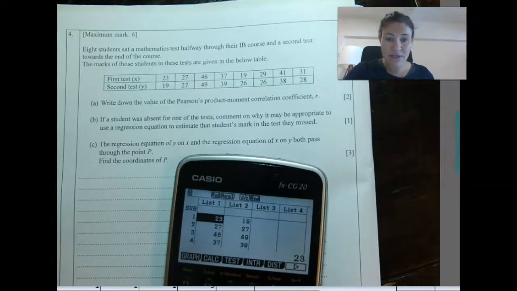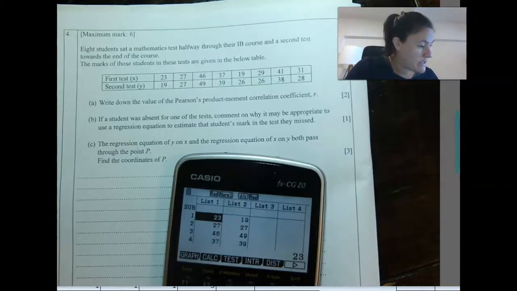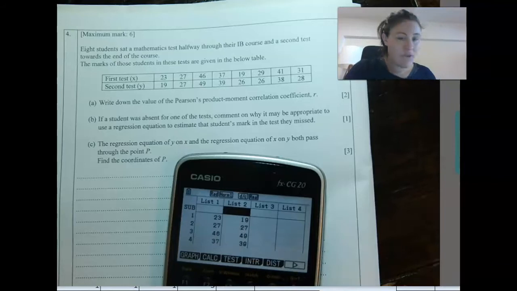So first of all, we need to put the data in. I think most people can probably do that correctly. I've already got my data put in here. So the X score, and then the second test, which is Y, just double check that they are all correct. So to find the R value,